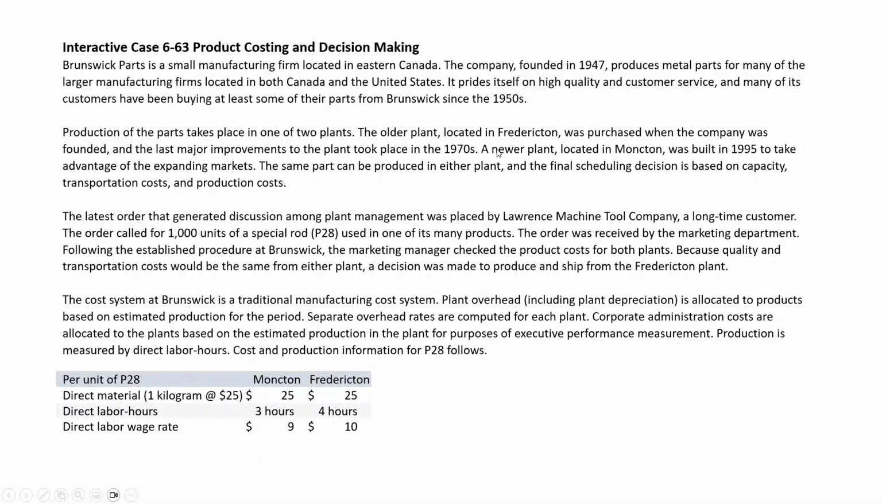Again, we're looking at a comparison. Now, when we talk about product cost, that's going to include direct material, which they already give us, direct labor, but also manufacturing overhead. So we have to understand how they are estimating and applying overhead. They tell us plant overhead is allocated based upon estimated production. And if we keep scrolling through this fourth paragraph, it says production is measured by direct labor hours. So our predetermined overhead rate is going to be based upon direct labor hours, and that's how we're applying the